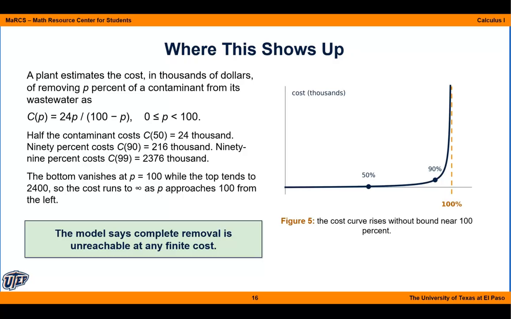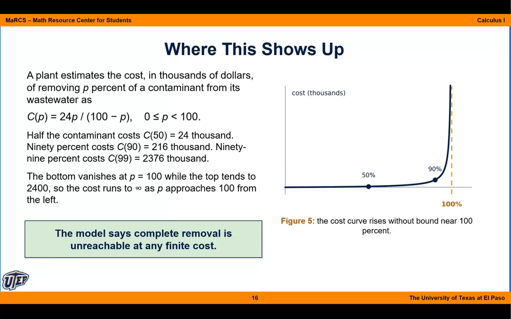Infinite limits can also describe real-world models. This function estimates the cost in thousands of dollars of removing a percentage of a contaminant from wastewater. Removing 50% costs $24,000. Removing 90% costs $216,000. Removing 99% costs $2,376,000. As the removal percentage approaches 100 from the left, the denominator approaches 0 through positive values,